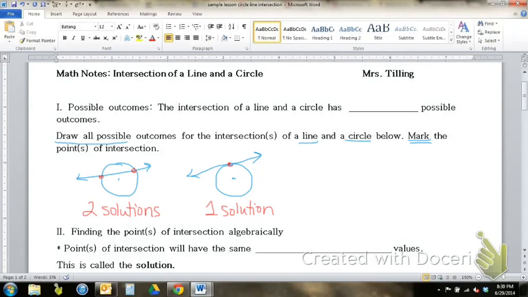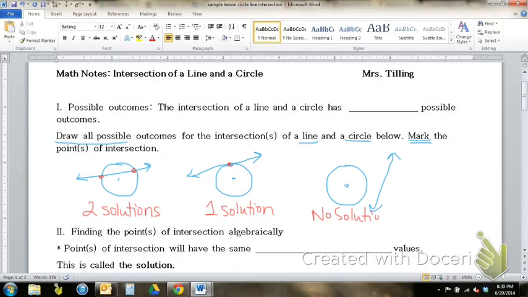Alright, any other options we can think of? Well, I can think of another one. Draw myself a circle. So it can cross a circle twice, it can cross a circle once. Any other options you can think of? Well, let's say I drew a line somewhere out here. This line is never going to touch that circle, so therefore this would be an example of a no solution